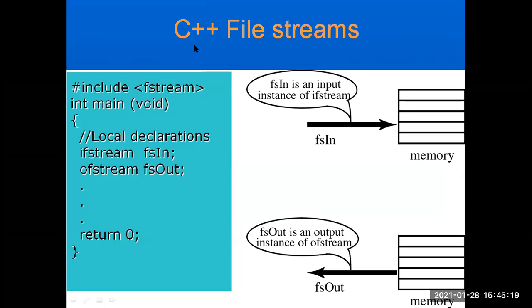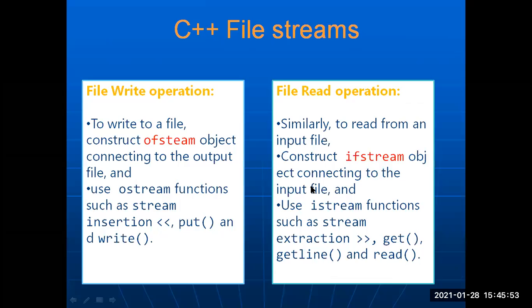So this is one example of C++ file streams, how they work. Basically, memory represents a program. Here in main, I'm using class declarations. Two objects are created: ifstream, that is the file input stream object, and ofstream, the file output stream object here. So this file input stream object represents data moving towards the memory. In the memory, the program will be there. So from the file, data will be moving towards the memory here, and from the program, data will be moving towards the file here, right? So this is the structure.